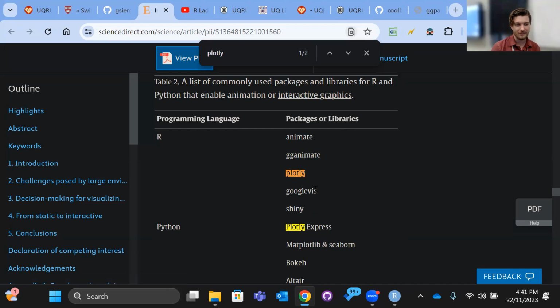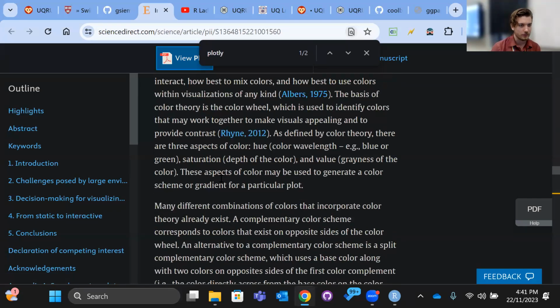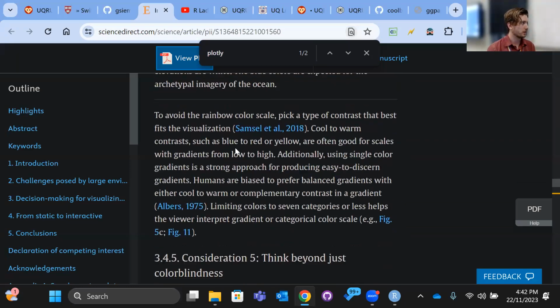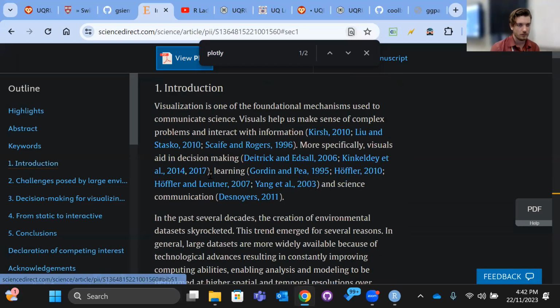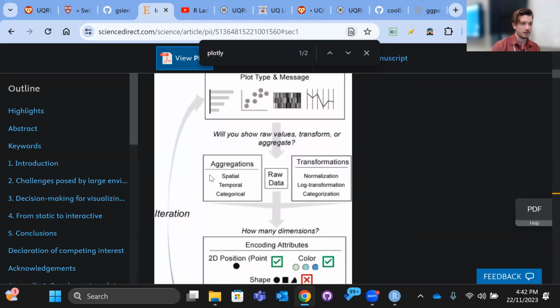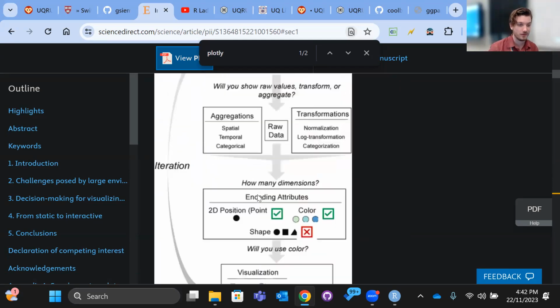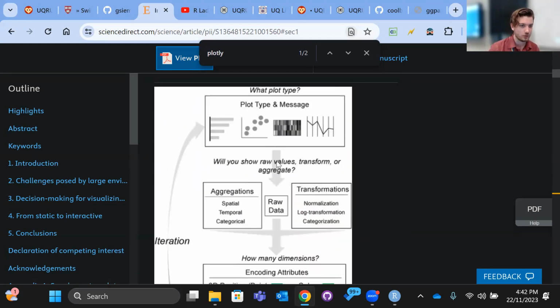Anyways, stuff that looks like someone actually thought about these things and compared these things. The reason I paused at that figure is because I think it was talking about tips and tricks for making sure that your plots are, maybe I was reading into it, but it looked like it was how many dimensions, how should you do these different things, having a think about what you're doing to visualize it properly. Like you're going to show raw values, you're going to transform, you're going to aggregate things. It's other useful things to think about at the same time.